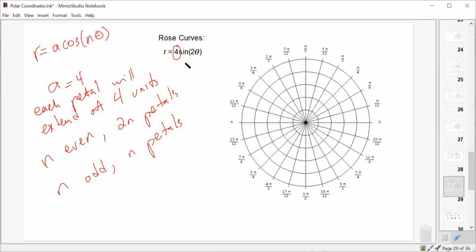Everybody good with that so far? I know we haven't graphed it. I know we don't know what it looks like yet, but we're going to do that in a second. So all of the petals are identical. They're all completely symmetric to each other. They're all identical, and they're all evenly spaced